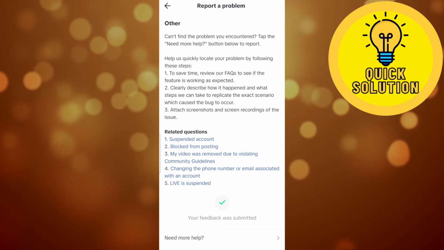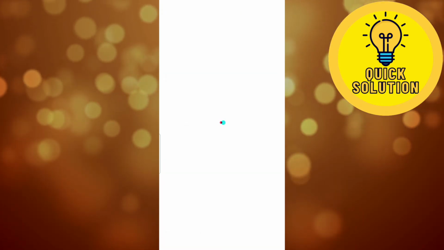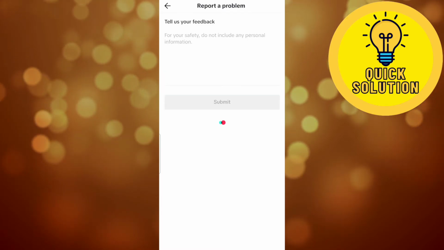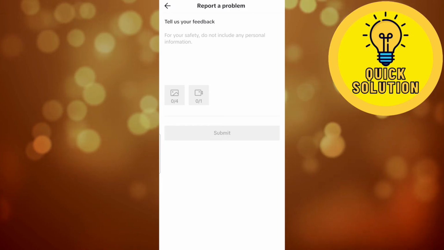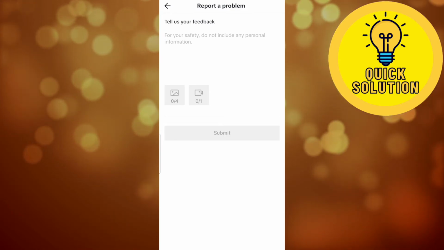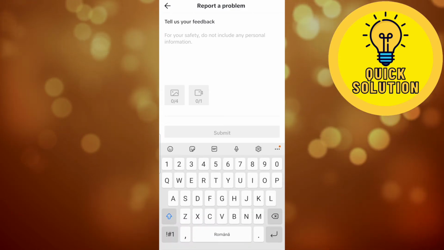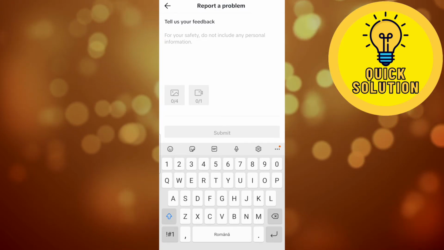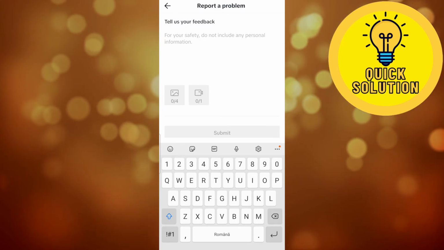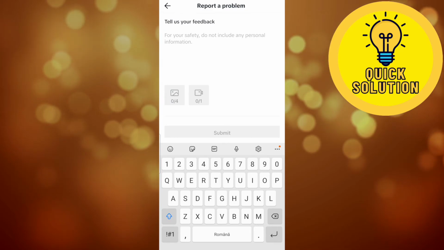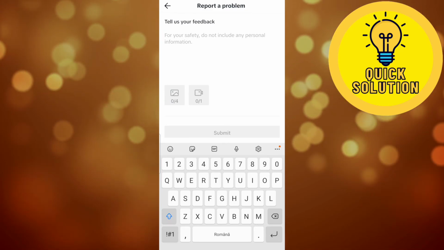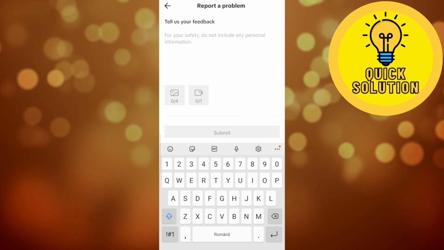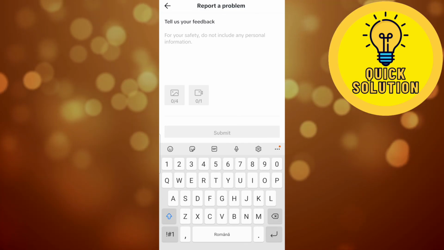And right here we have this option, need more help. And as you can see right here, you can send a feedback directly to the TikTok team, and right here you have to just report the problem to the TikTok team and explain your issue, and then hit the submit button. After you've done that, they will receive your feedback, and they will come back to you with a response